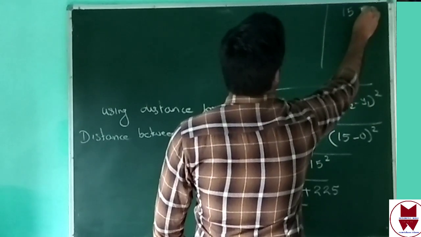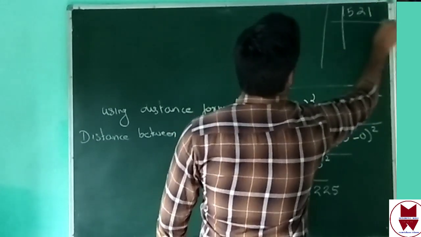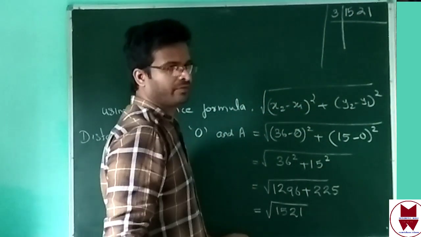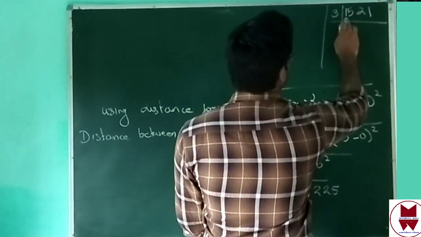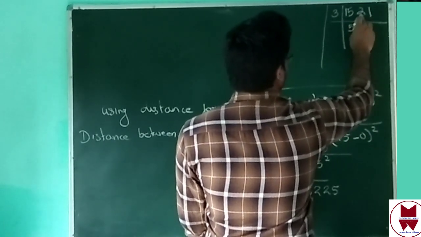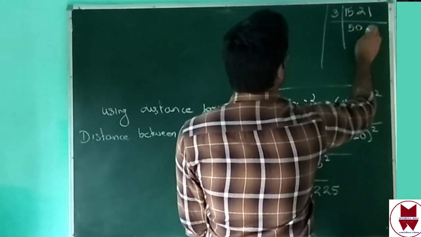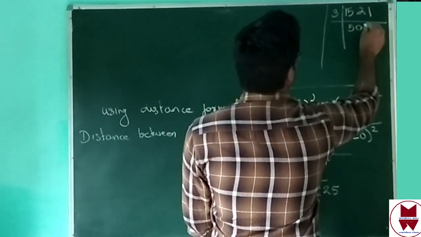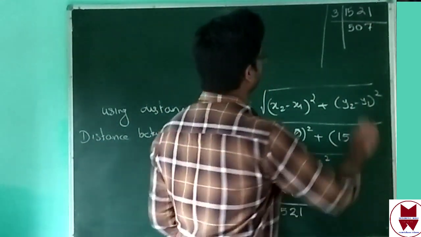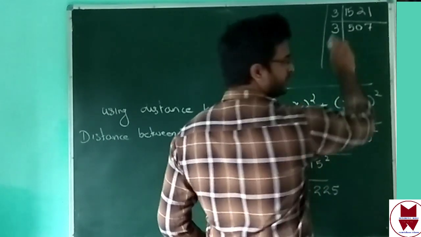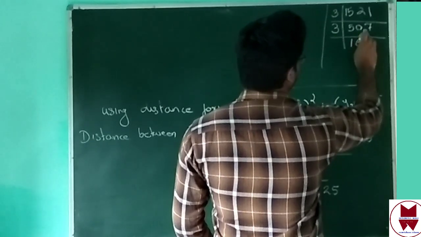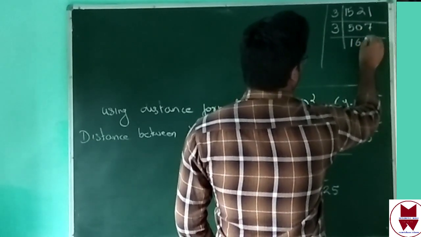1521 divided by 3, we can use 3. 3 in 15, 5 times. 2 we cannot, we are going to take 2 numbers, that's why add 0. Then in 21, 7 times. Again we can use 3. In 5, 1 time, then remainder 2. In 20, 6 times. Again remainder 2, this will be 27. In 27,